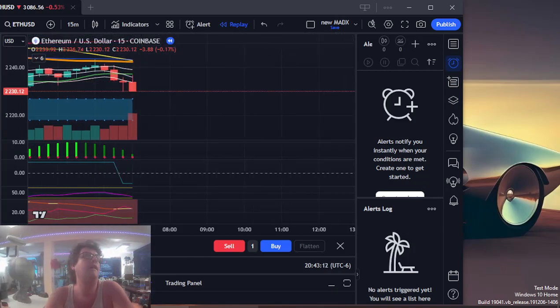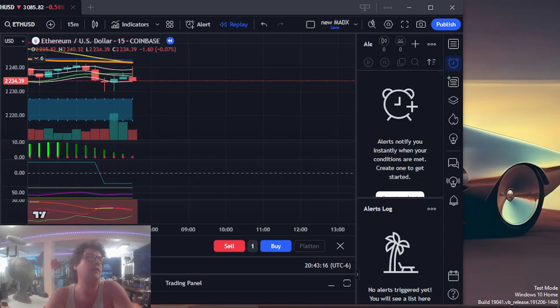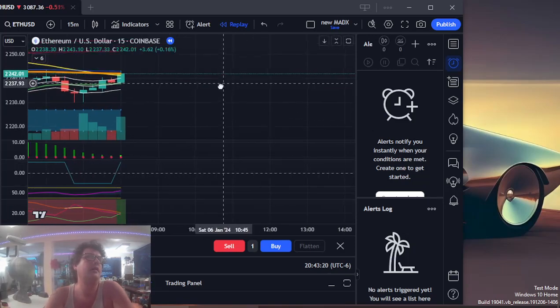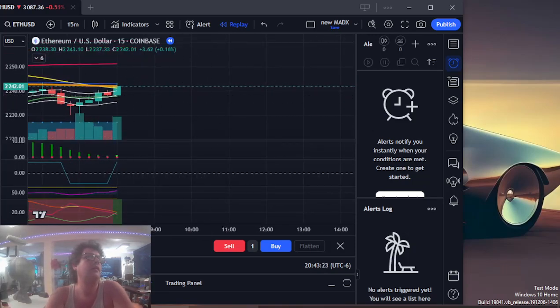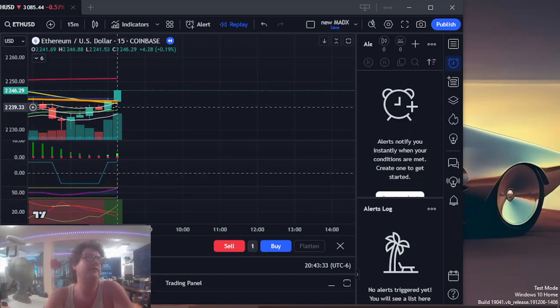Nope. That's still stuck in the moving averages. That fit a lot of it, but